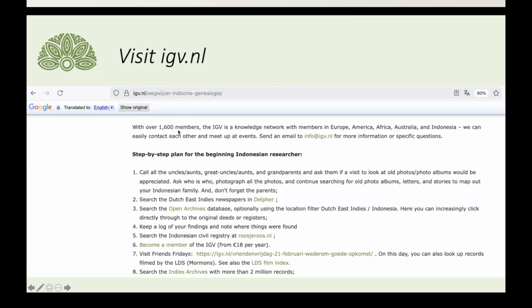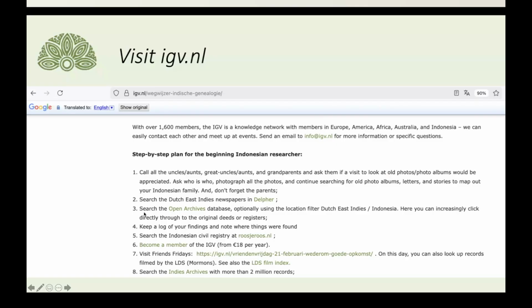We have 1,600 members in our society. Most of them are Dutch, but the second country with the most memberships is actually the United States. I think we have 25 to 30 US members. And so, step by step, call all your uncles, aunts, etc.